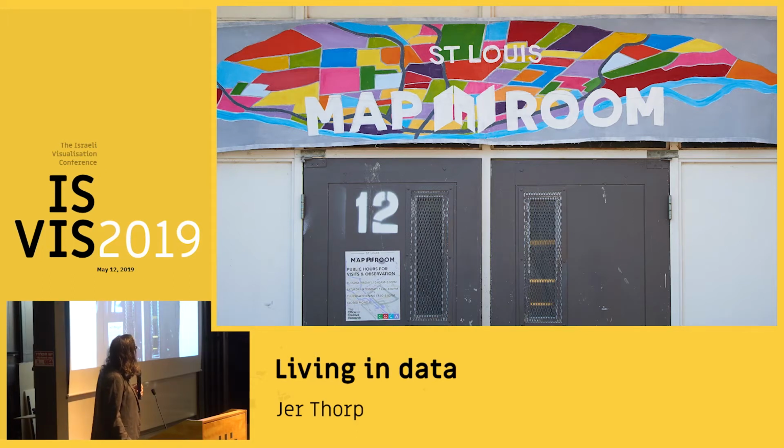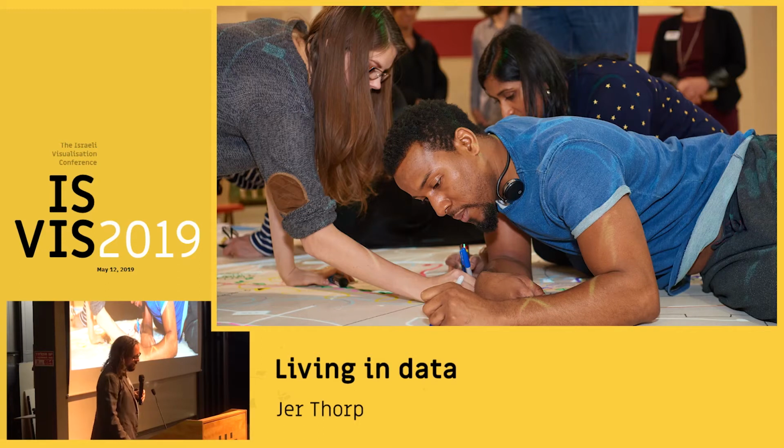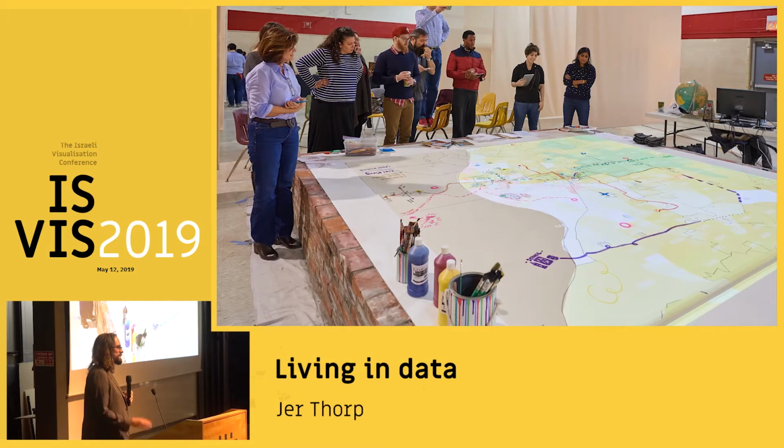And so we wanted to do the opposite of that, and so we took over an abandoned school in the north of St. Louis for 2 months, and we created a space in the gymnasium where anybody could come and author these 10-foot by 10-foot maps about their lived experience in the city. And then once they had created their maps, we would project civic data on top of those maps so that they could understand, first of all, how their lives were mirrored in civic data, where they could find themselves in civic data, but maybe more importantly, where they could not find themselves in civic data, where the civic data told a story that did not feel correct to them.